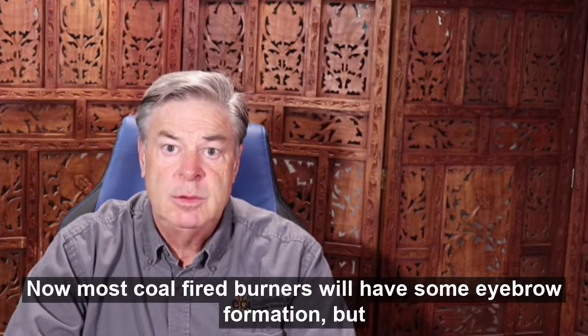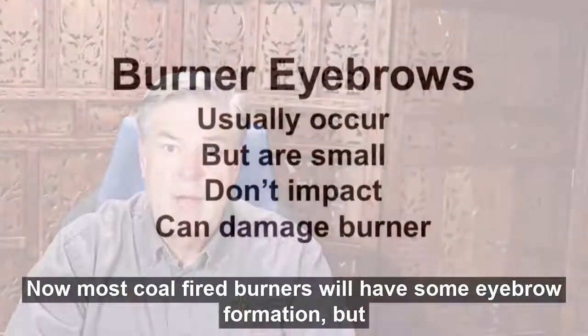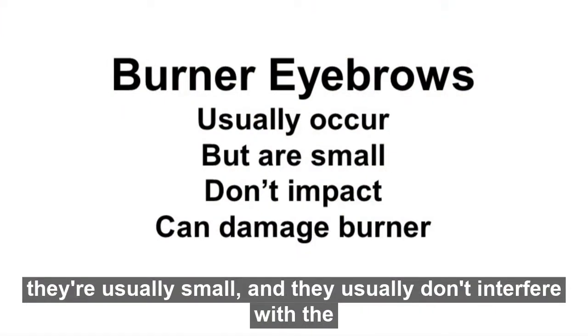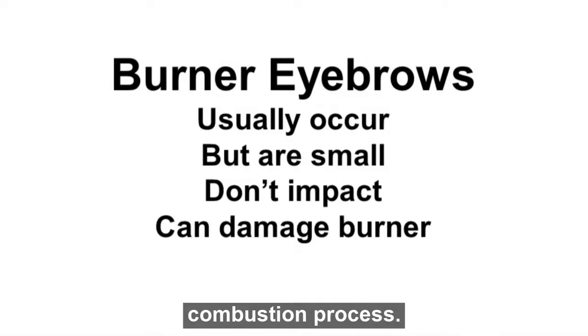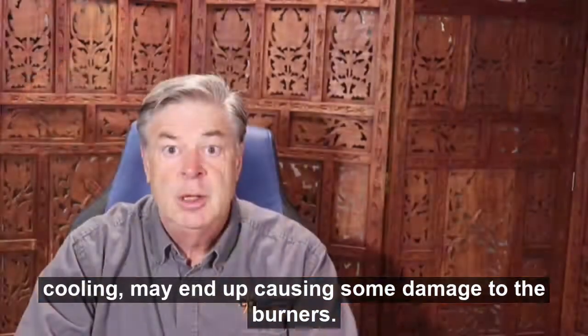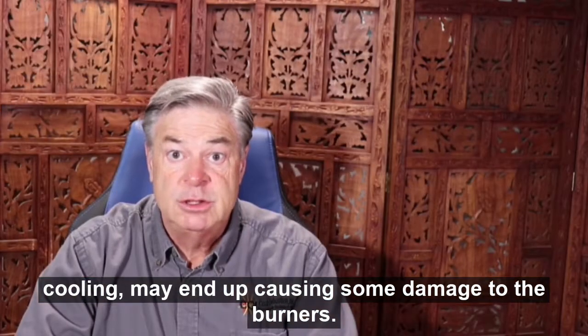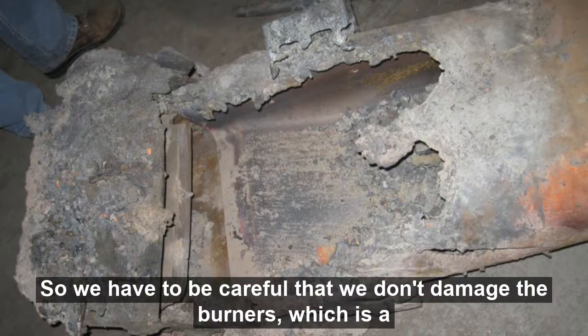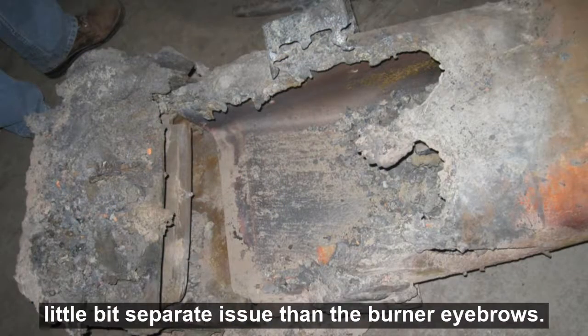Now, most coal-fired burners will have some eyebrow formation, but they're usually small and they usually don't interfere with the combustion process. These deposits, though, particularly if they interfere with the cooling, may end up causing some damage to the burners. So we have to be careful that we don't damage the burners, which is a little bit separate issue